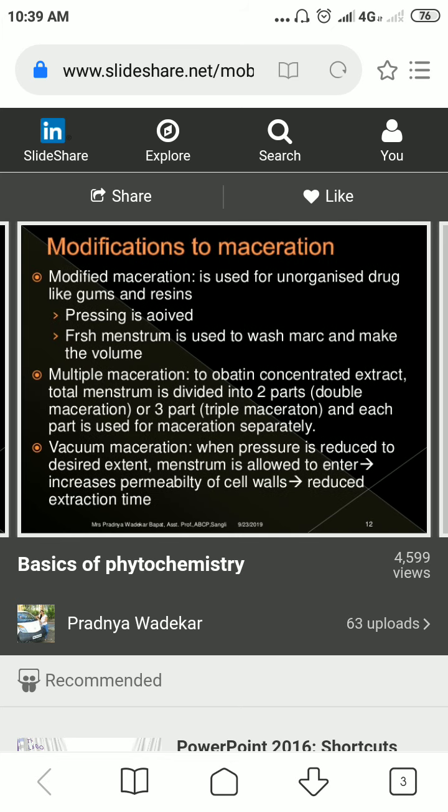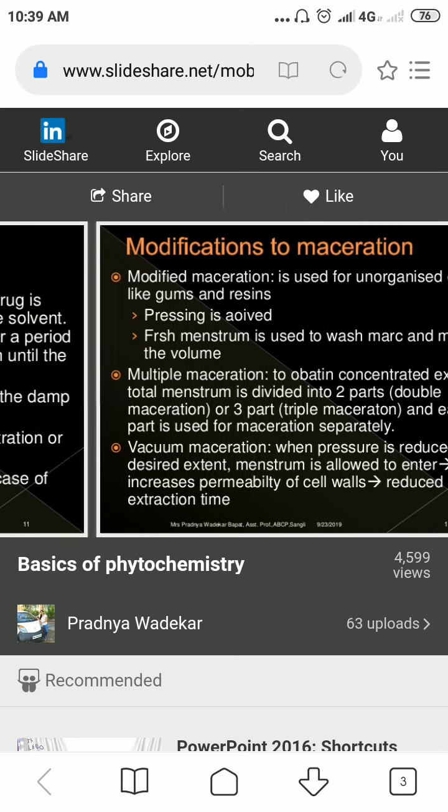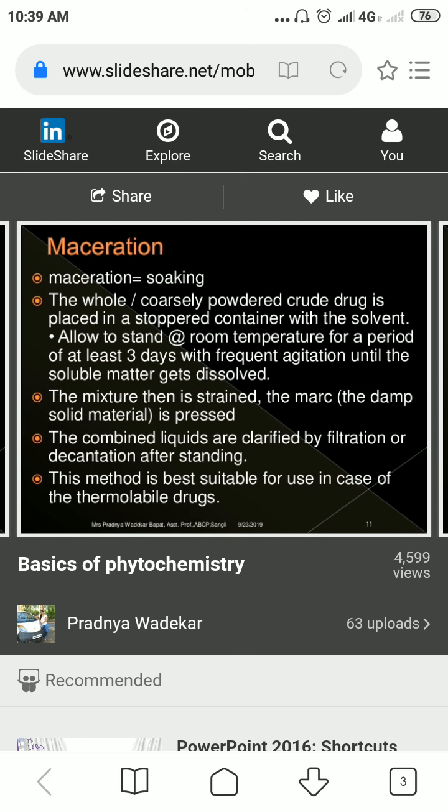But in the absence of heating, extraction of phytoconstituents is somewhat difficult, because it takes more time as compared to application of temperature. So here a minimum of 3 days and a maximum of 7 days are required, according to the quantity of drug and the quantity of solvent. You have to wait for 7 days for complete extraction by the maceration method, and you have to agitate